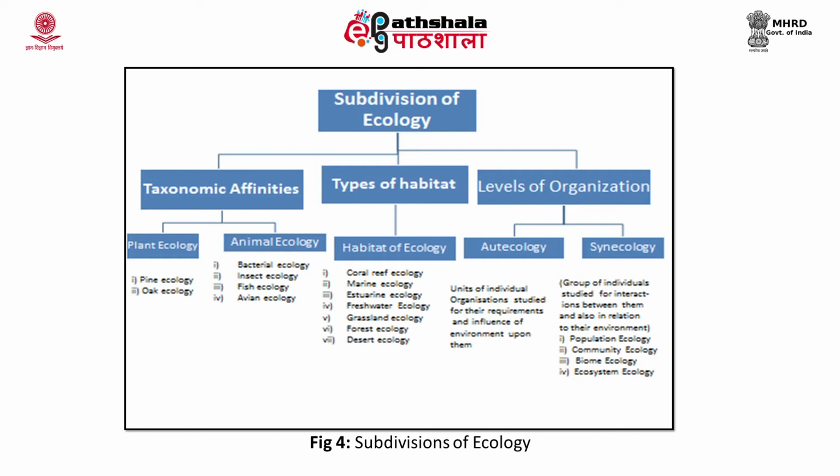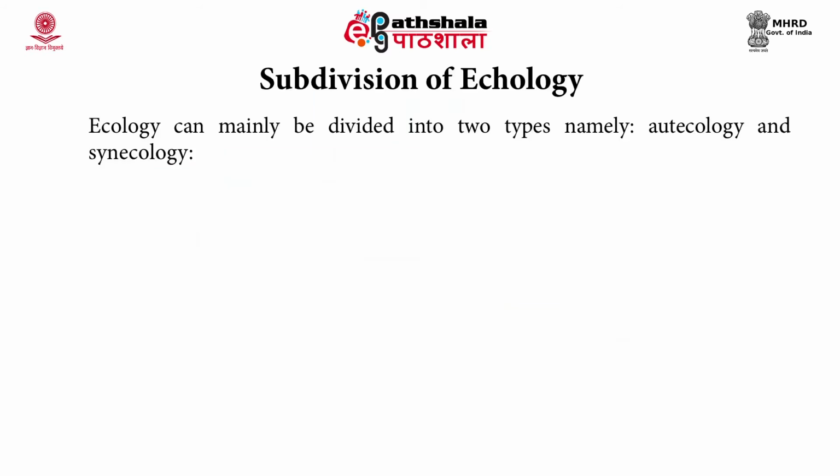Depending on the types of habitat, ecology can also be divided into coral reef ecology, marine ecology, estuarine ecology, freshwater ecology, grassland ecology, forest and desert ecology. Levels of organization, here we can divide them into 2. One is autecology and the other synecology, which will be described in the subsequent slides. Subdivisions of ecology. Ecology can mainly be divided into 2 types